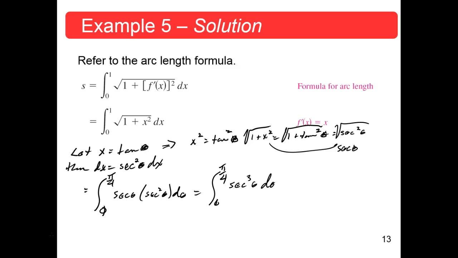In the trig substitution, secant and tangent, number 4 on page, well, if you don't have it, when the integral is of the form secant to the m theta, where m is odd and positive, use integration by parts. Okay, so that's where we would have to go from there,